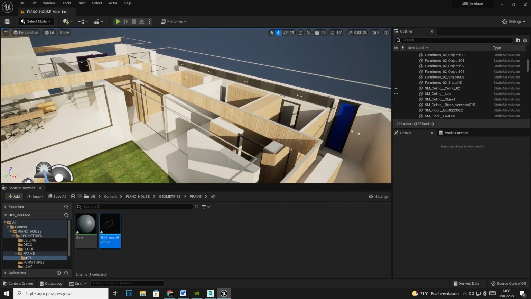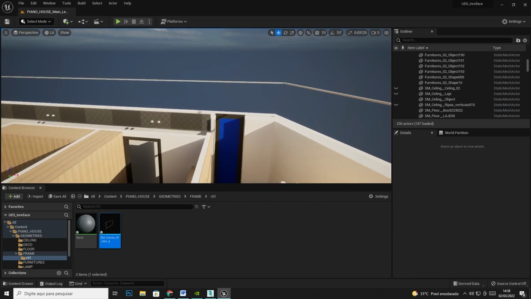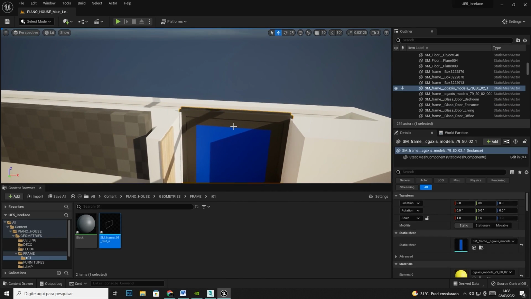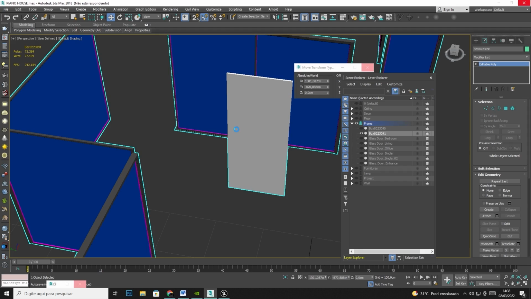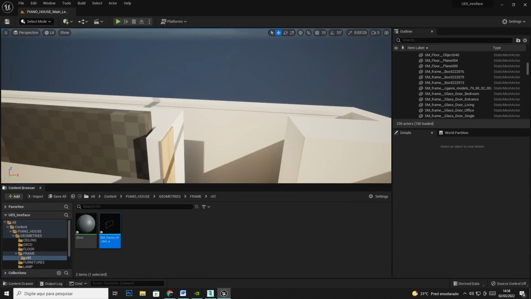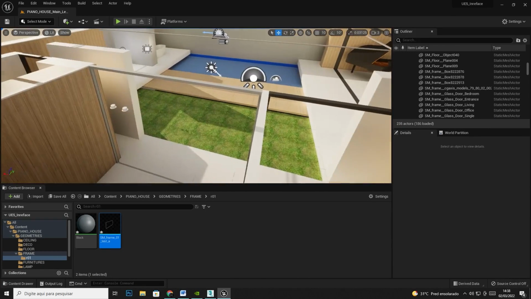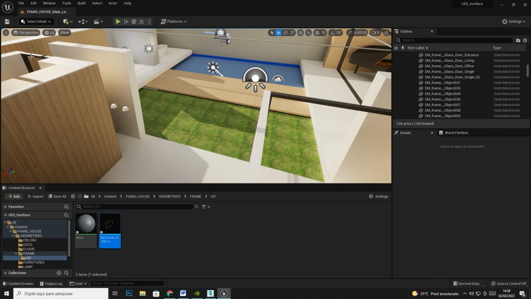Let's press 8, 8, 8. Okay. And I just hid the elements. Yeah. All right, let's see the others. We can delete them. This one as well, this one,